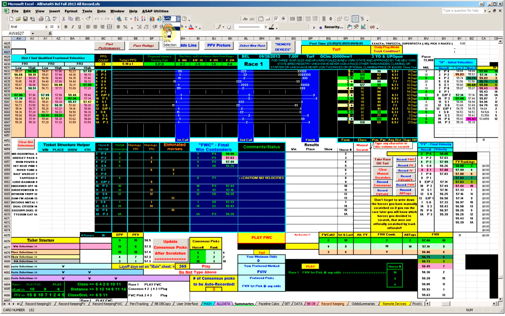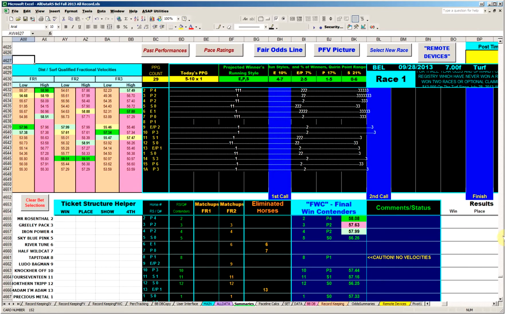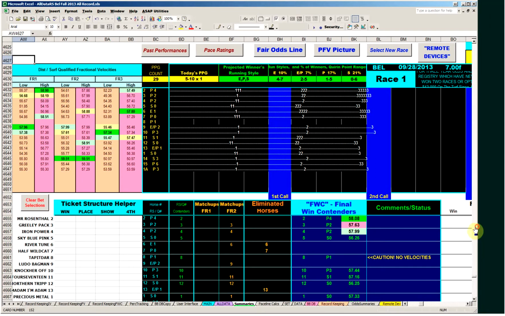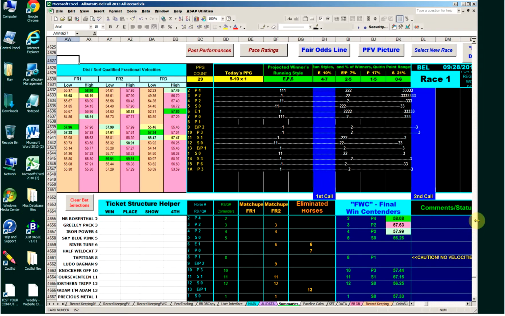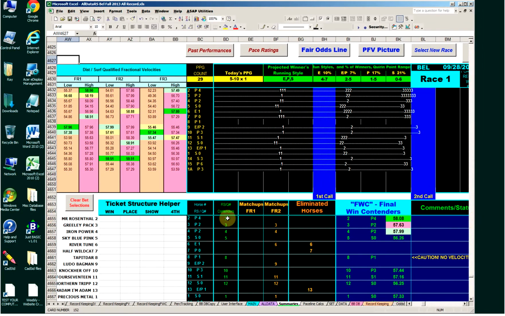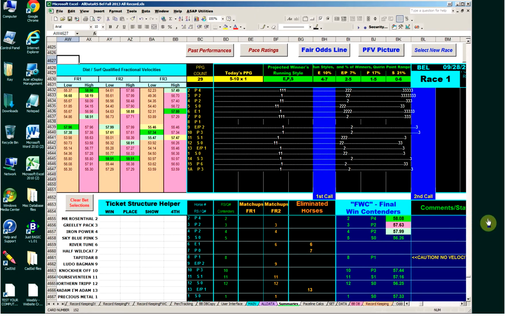So I think I'm going to go to 100% so you can see it better. And I'll come in a little bit for you guys so I don't have to scroll so much. Some of you guys have narrower screens than I do. This is a 22-inch monitor, by the way, and that's about the minimum, unless you've got excellent eyesight. 21, 22-inch screens are about the minimum to see the whole RS display in a zoom setting where the fonts are actually readable without straining your eyes. Okay, the left side of the RS view,